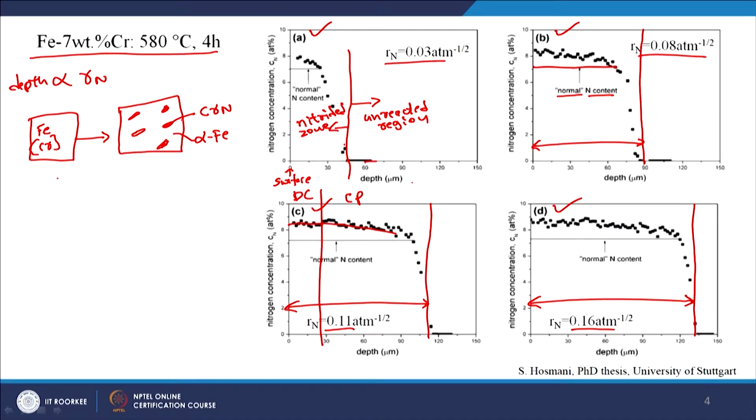And now you can count what is the total amount of nitrogen associated with the CrN, that would be the same as the amount of chromium, if you assume that all the chromium has precipitated out as CrN, right. So, then the remaining alpha iron also will dissolve some amount of nitrogen, this matrix will dissolve some amount of dissolved nitrogen, which I show with a square bracket with the indication of alpha iron, that means it is nitrogen dissolved in alpha iron. How do we know this amount?